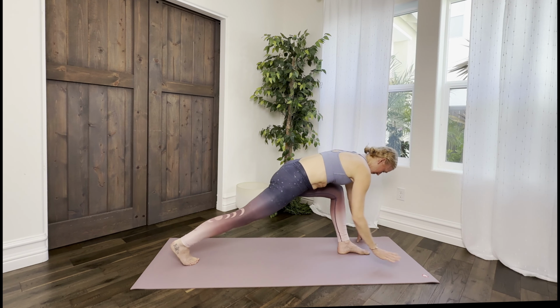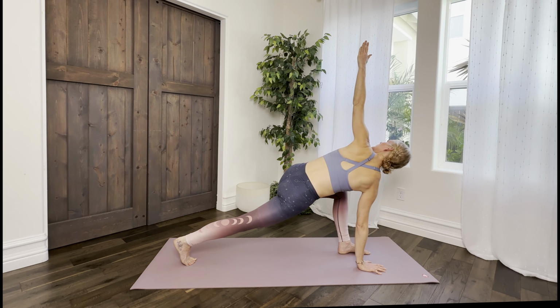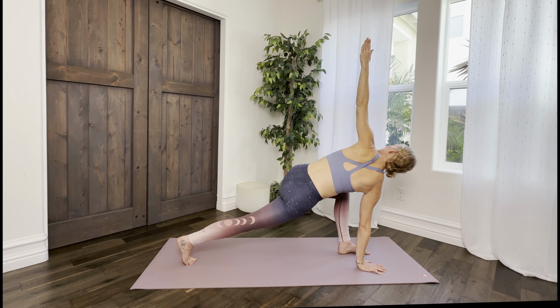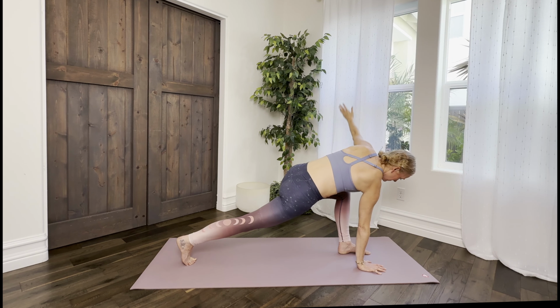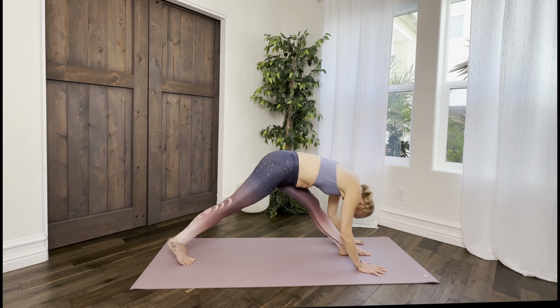we'll step the right foot to the back of the mat, right hand plants as left arm sweeps up to the sky. Let your gaze follow the left fingertips. Nice strong line of energy from the right hand through the shoulders and up and out through the left fingertips. On your exhale, lower the left hand, straighten through the left leg, stay on the ball of the right foot